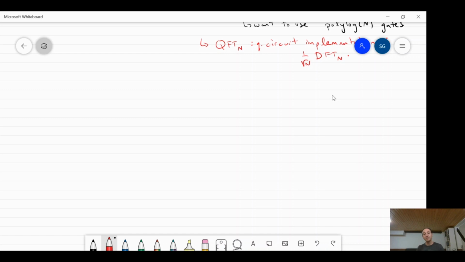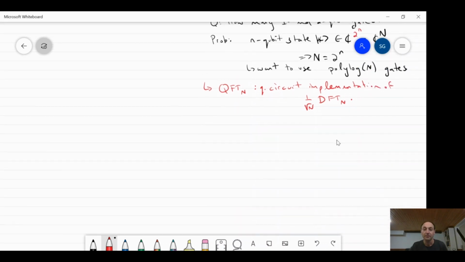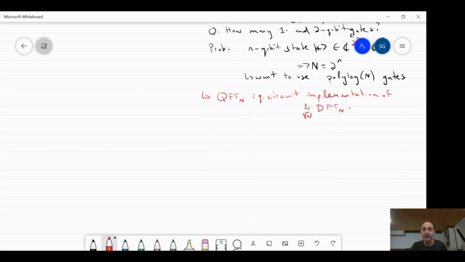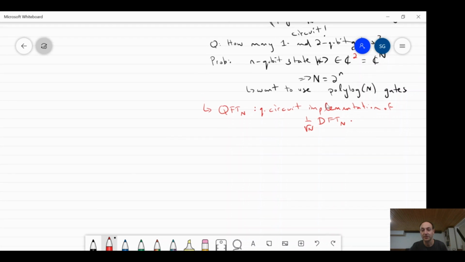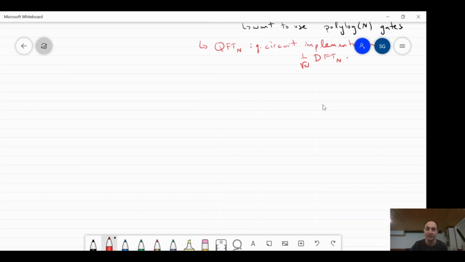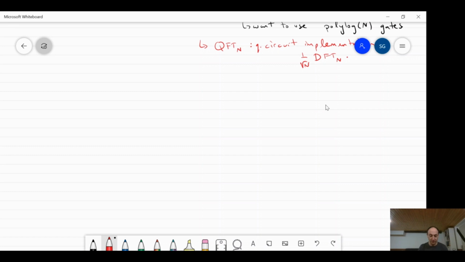And again, let me be very clear that this looks like we're going to get an exponential speed up because this thing is polylog N gates, much smaller than the dimension. But again, the output of this thing is going to be an actual quantum state. But let's revisit this again later, maybe. Let's just very briefly go back and have some fun. Not that the QFT is not fun, of course it's fun, but